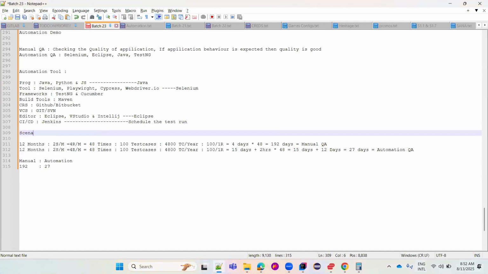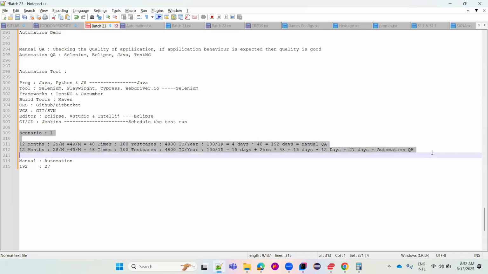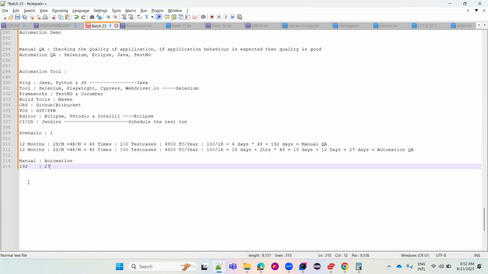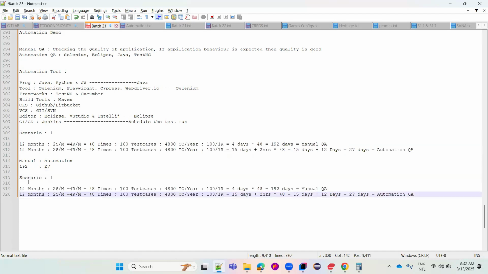But we have one more scenario which shows that manual testing is better. So let me show that scenario also. By that you can know the difference between when we use manual testing and when we use automation testing. In scenario 2, what will happen is, in 12 months, you are going to execute